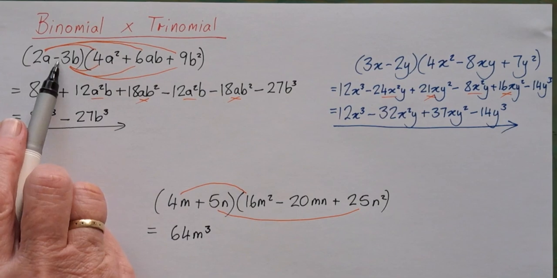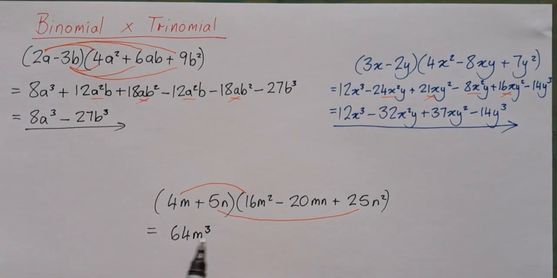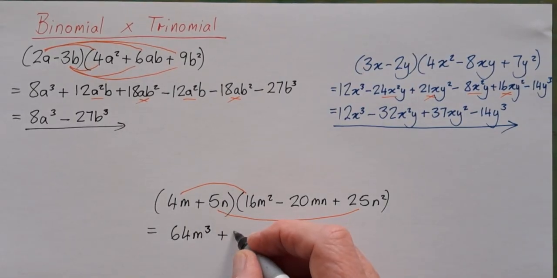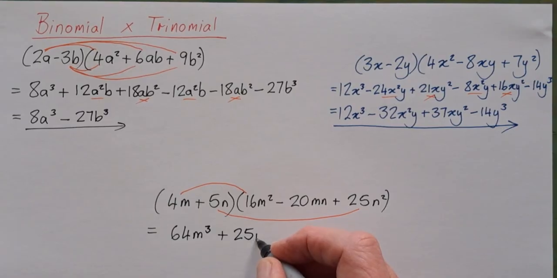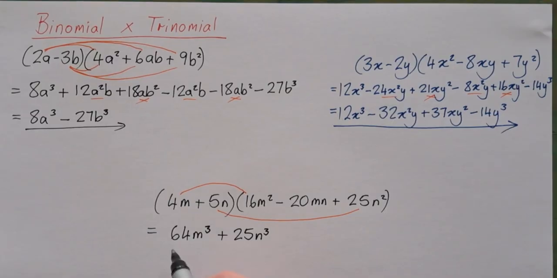Just like that sign there, translated down to the bottom, this sign here is also going to become the same sign in the answer, and that term squared will give me 25n cubed. So in this one we ended up with an answer which was a difference of two perfect cubes. This one we've got a sum of two perfect cubes. And I've made a very silly mistake. I hope you're all shouting at me and saying, look what you've done. 5 times 25 is